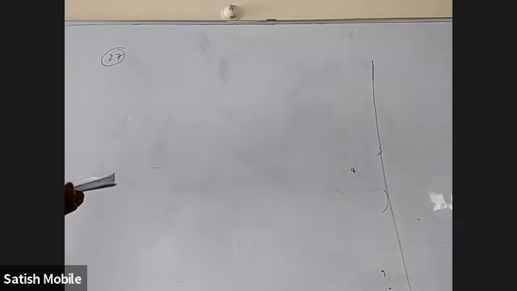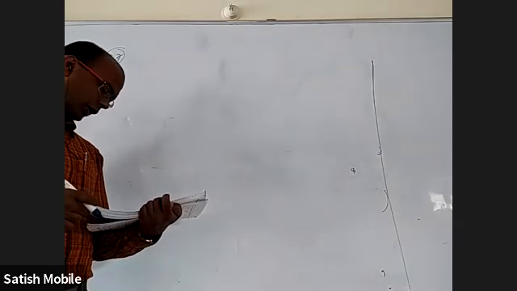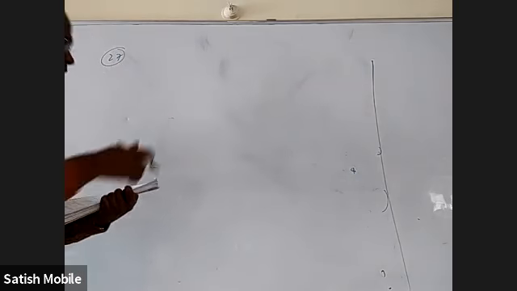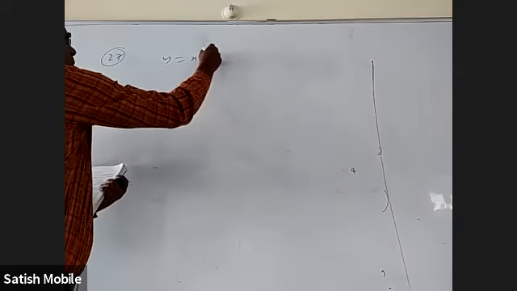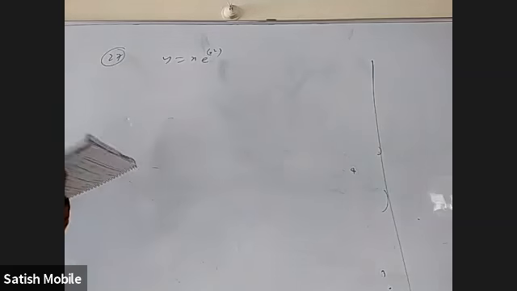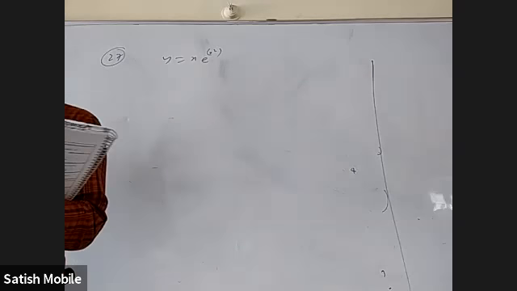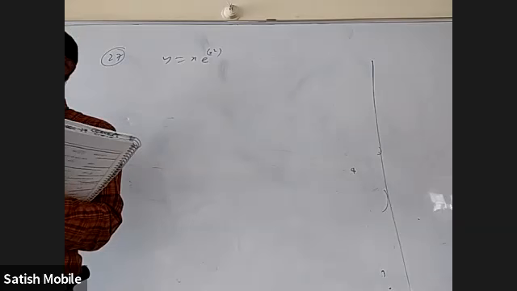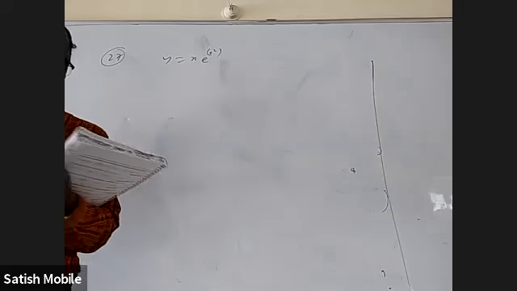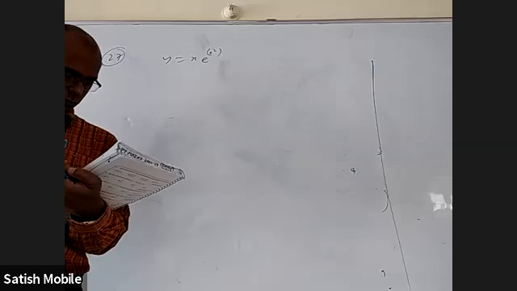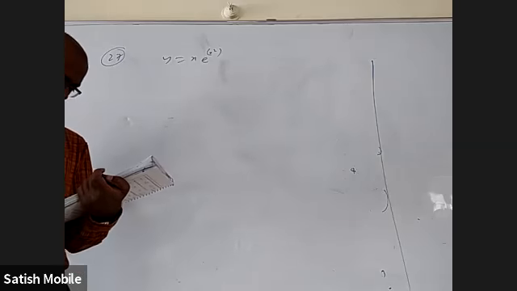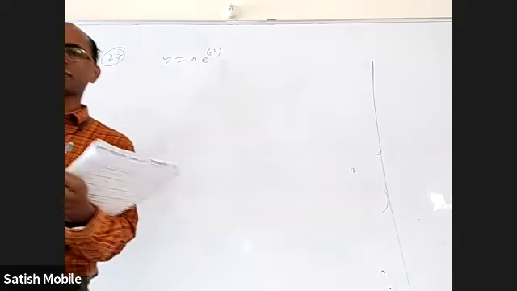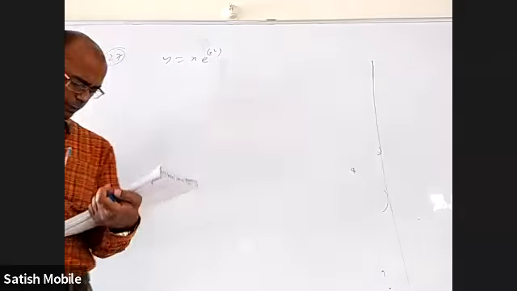Passing through the point. Okay, not at the point, but it is at the point only. y equal to x e power x square is a curve. The 20th one, you can ask the doubt in the next class. Tomorrow I'll discuss. If somebody practices the first 20 or 25 questions and wants to ask any doubts, you can ask me tomorrow in the class. I'll discuss all the doubts.